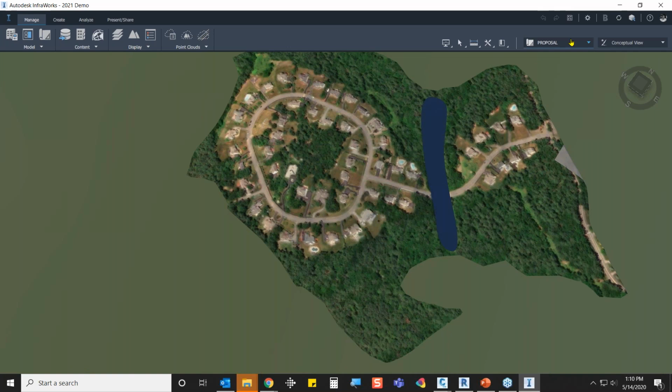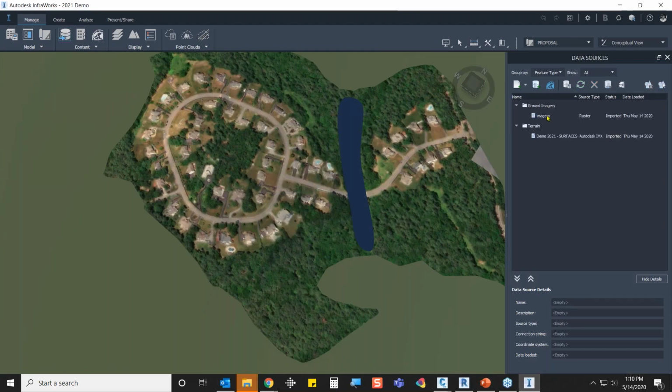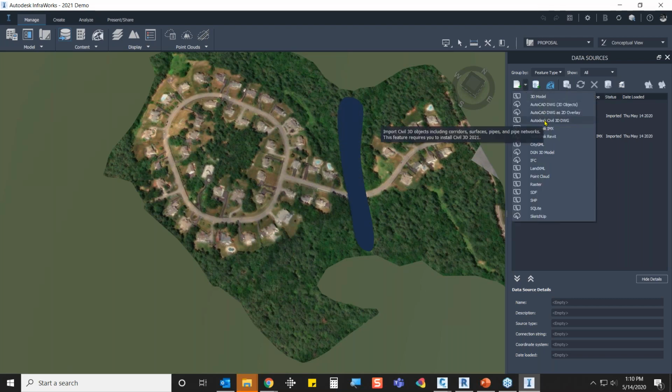I am looking at already having a proposal placed up here, and I'm going to bring this geometry. So if I start looking at the data that I brought in, all I have here is a picture and my terrain. That's all I have in this particular model. Now, we do have the option of connecting to the Civil 3D drawing and bringing over that corridor and that